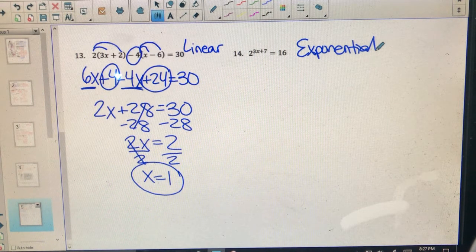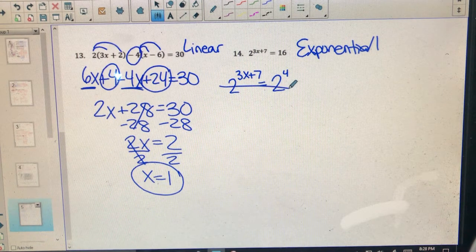So for common bases, the reason that I know that common bases can be used for this one is because 16 can be rewritten with a base of 2, and the left side has a base of 2 already. So that 2, let's fix that. Okay. So that 2 comes down, 2 to the 3x plus 7, and 16 can be written as 2 to the 4th. I didn't change anything. 2 to the 4th is equivalent to 16, but now that I've written it like that, they have common bases,